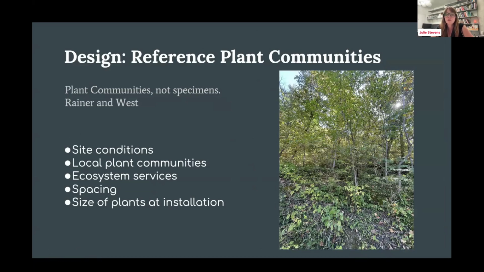It does really different things in different spaces, right? So when we talk about plant behavior, if you have Carpinus caroliniana growing in a forest or woodland setting with a whole bunch of other plants, it's going to stay skinny. The trunks stay skinny. These are old. They've been here for a long time.